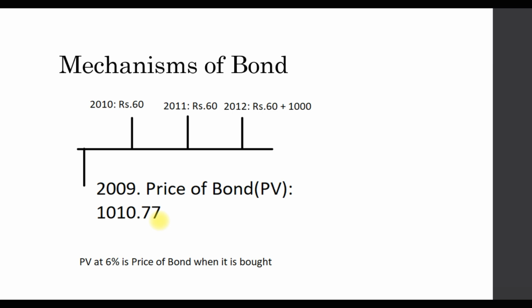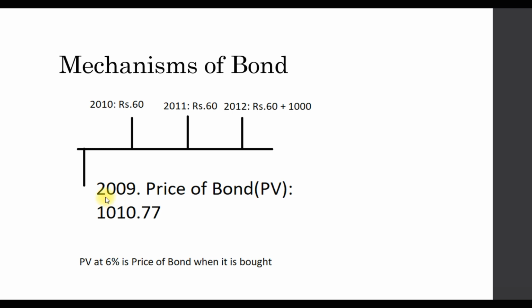Now the interest of the bond is 6%, which would mean every year, the investor gets rupees 60 because 6% is the interest on face value of a bond, which is 1000 rupees, and it matures in 2012. So until then the investor gets rupees 60 every year. 2010 he gets, 2011 he gets rupees 60, 2012 he gets rupees 60, which is the coupon payment, plus face value of the bond, which is 1000. So that is the mechanism of the bond.